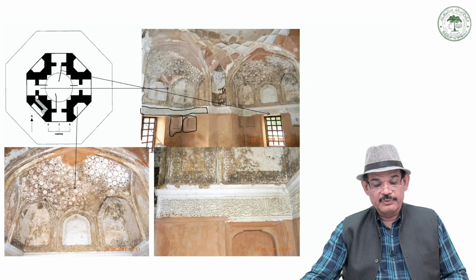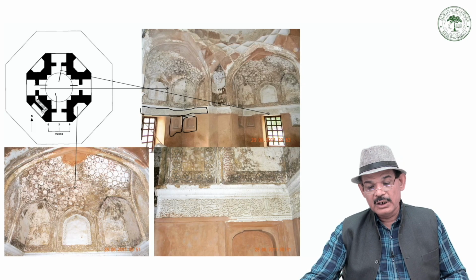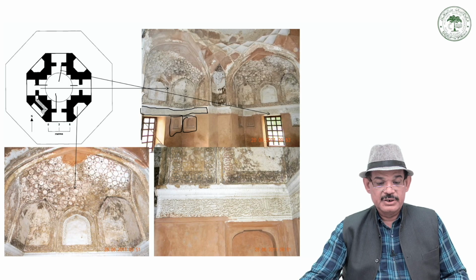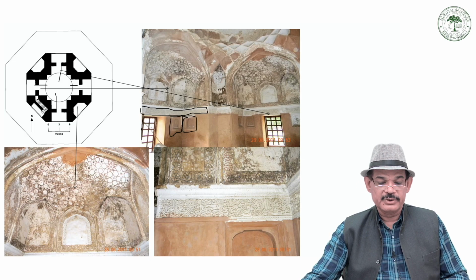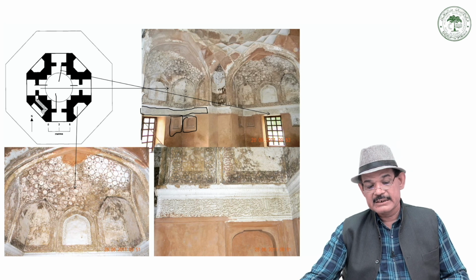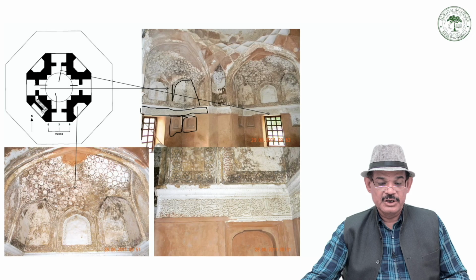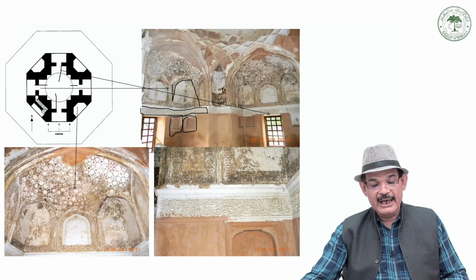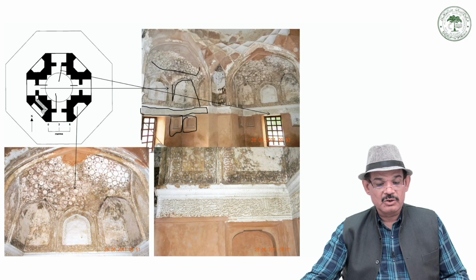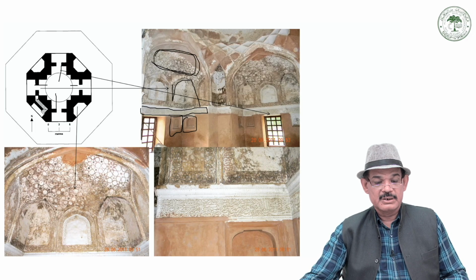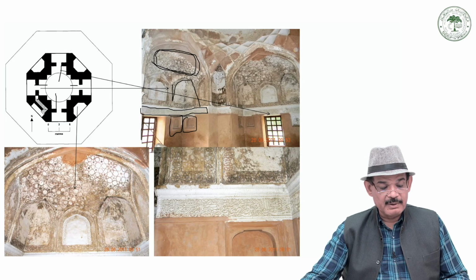After the cornice, the whole alcove is conceived in the form of a half-domed ceiling, and it consists of a blind arcade and squinches, and the squinches help to convert it into some sort of circle. The ceiling of this half dome is heavily plastered, and above the plaster